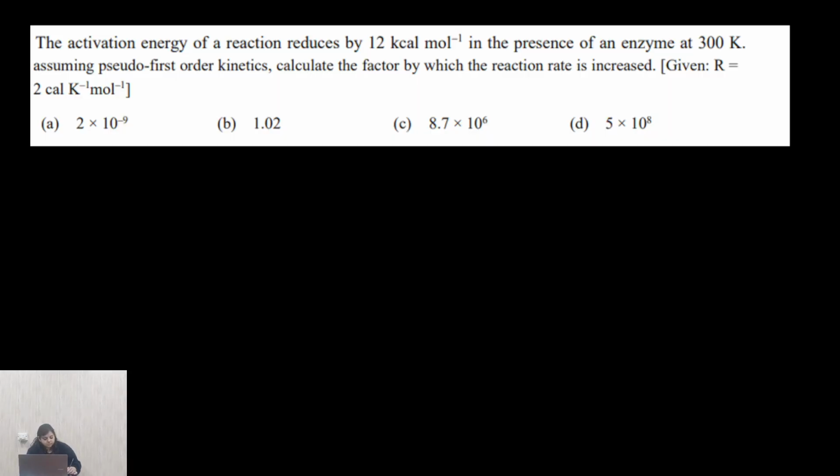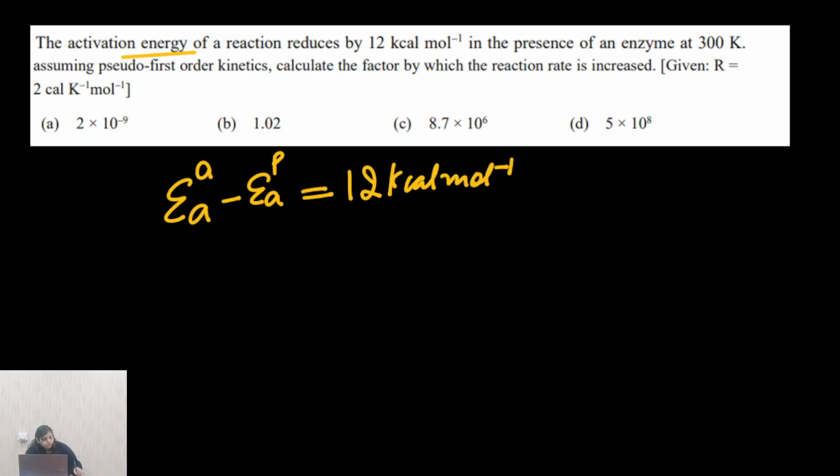Next is this one. The activation energy of a reaction reduces by 12 kilocalories per mole in the presence of the enzyme. Now enzymes are biological catalysts. So activation energy has been reduced, which means that the activation energy in the absence of the catalyst minus the activation energy in the presence of the catalyst, this difference is 12 kilocalories per mole,